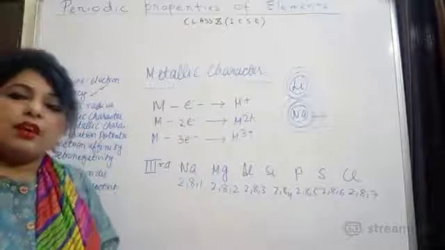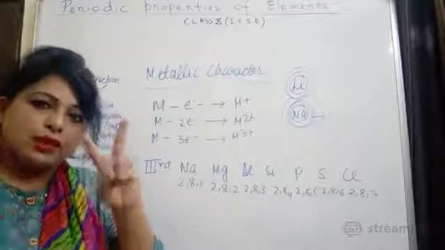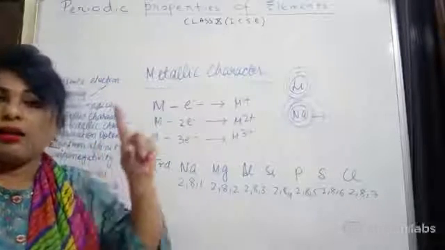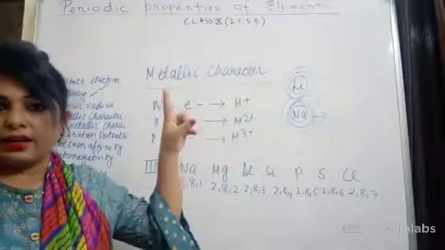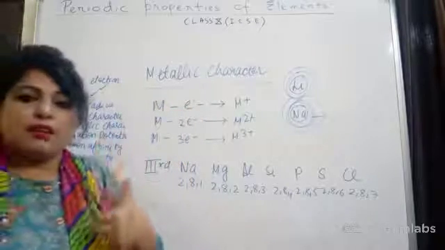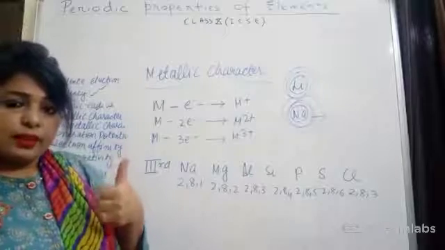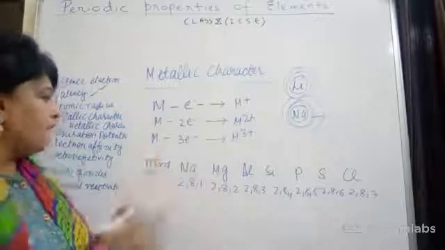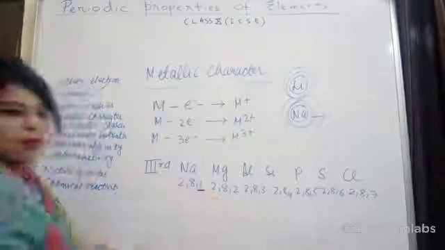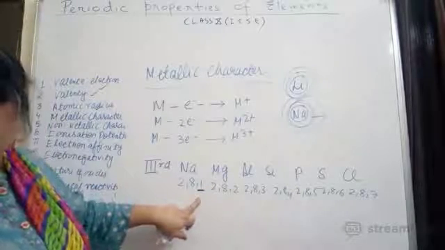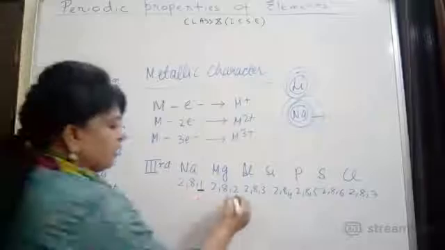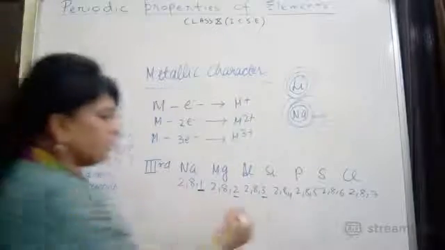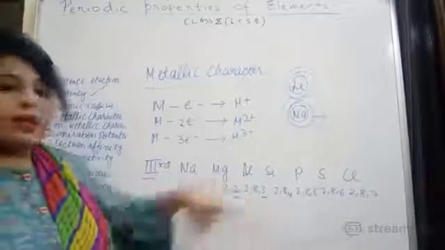Second thing in the metallic character is the number of valence electrons. I told you 2 factors are responsible for deciding the metallic character. One is the number of shells. Higher the number of shells, higher the metallic character, right? It is directly proportional. The second thing which is very important is that the lesser the valence electrons, the more metallic the element will be. If you find one valence electron, you know which one is more metallic? The element which has one valence electron will be more metallic in nature. Then if it has two valence electrons, it will be less metallic in comparison to sodium. If there are three valence electrons, it is even less metallic, right?